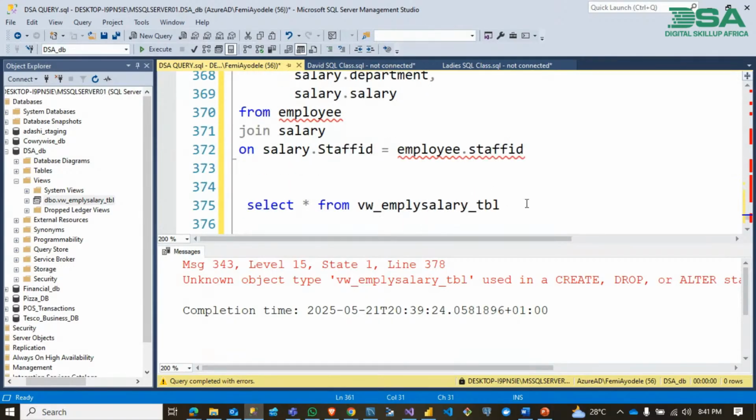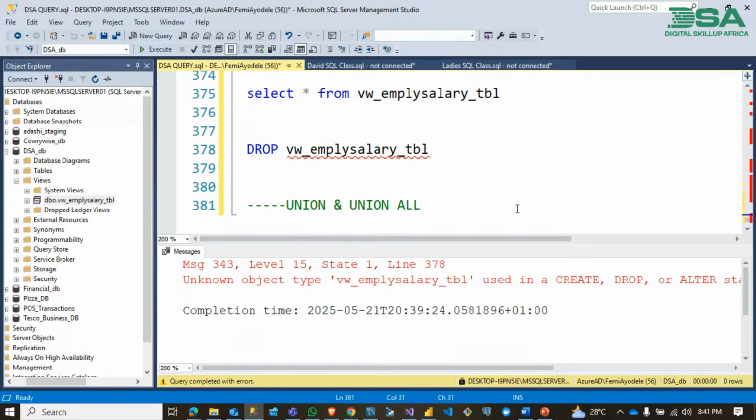So now we're going to talk more about view, but let's proceed to union and union all. I think I've explained what union and union all is, but we need to